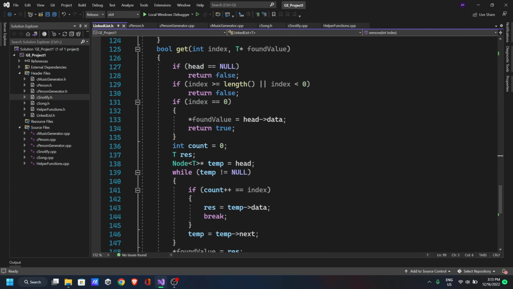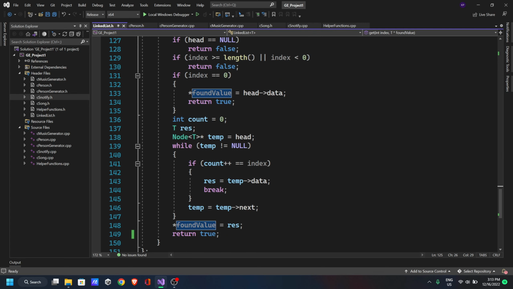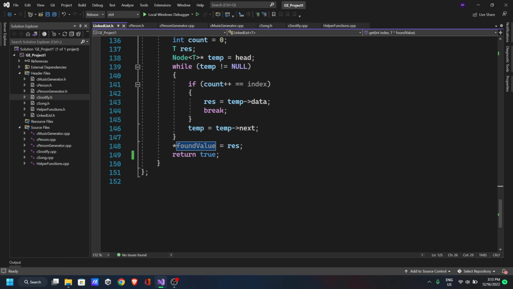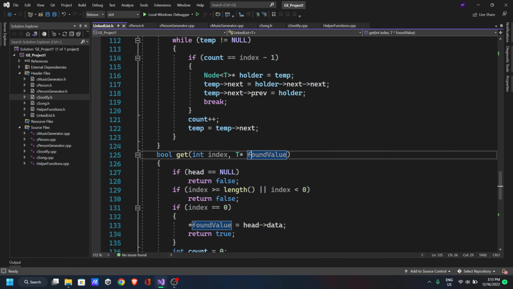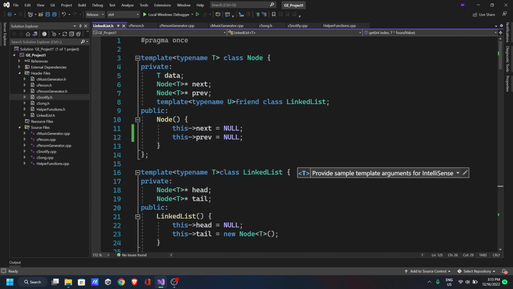Then a get function, where we pass an index and a reference to a variable. We'll pass whatever we found as a reference inside this found value object. Okay, so this is the data structure. Now let's look at the